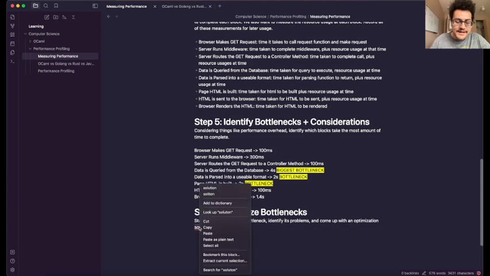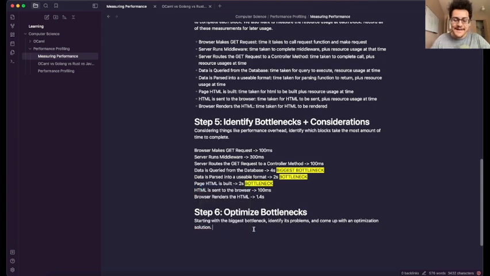It's worth noting as well that this particular step has a lot of nuance to it and could definitely be an entire step-by-step process on its own. So now that we've identified our bottlenecks, we can start optimizing them, which I think will look like,